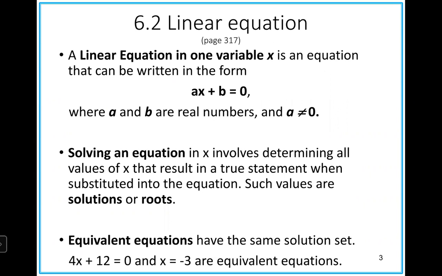Now, we're using the term x here, but it doesn't have to be x, it could be any letter in the alphabet. We do have equations with more than one variable. I don't know if you remember doing simultaneous equations or equations with 2 variables. We'll also be looking at that a little later. But for today, the focus is on linear equations with one variable,